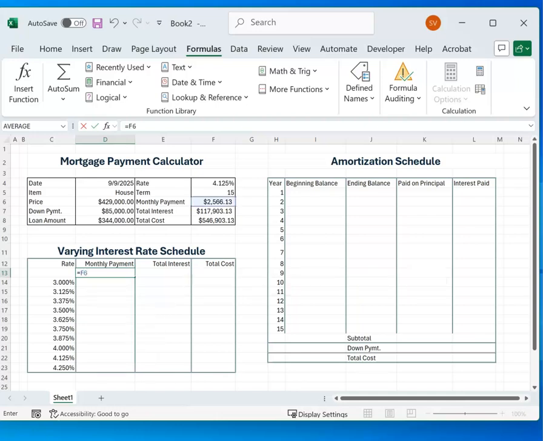For total interest, it's going to be cell F7, this one, right? Okay, so equal F7. And for total cost is going to be cell F8, equals F8. The reason I'm not just clicking here and not using the predefined names is that the predefined name is very similar in its essence to the absolute cell value. And so if I use those, they will always point to these specific cells and will resist any